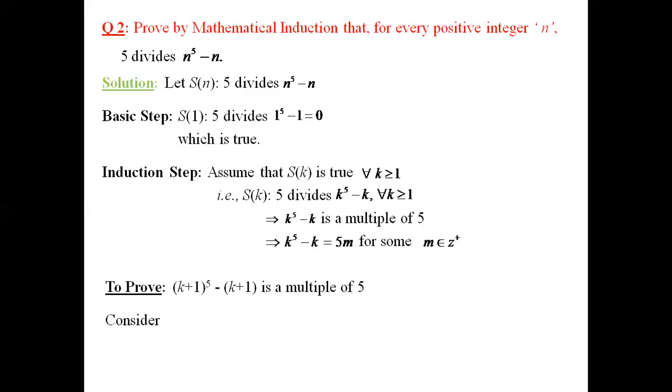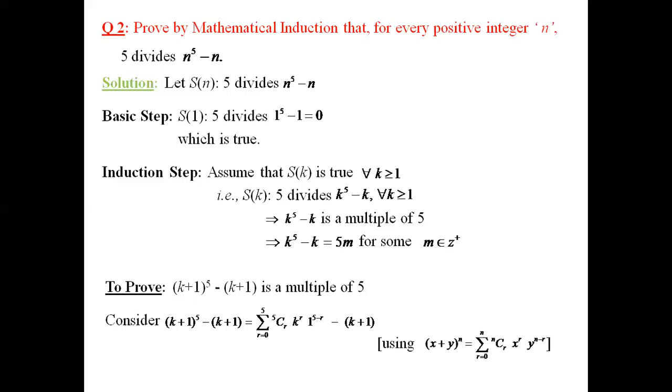Now let us consider the requirement to the left hand part, that is (k+1)^φ minus (k+1). So we need to show that it is a multiple of φ. So this expression can be equivalently written as summation r equal to 0 to φ, φCr into k power r into 1 power φ minus r,